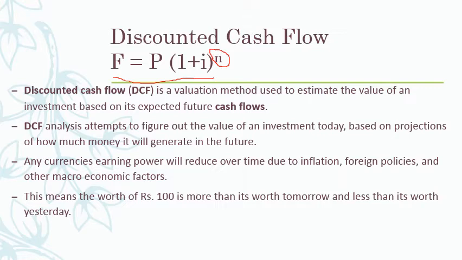If I want to calculate the present worth, then divide the future worth by this factor. That's all. So this is how a discounted cash flow and a future worth of the cash flow are calculated. F is also termed as the accumulated sum. If you want to have the accumulated sum, multiply the present worth by this factor. If you want to have a discounted amount, then divide F by this factor. So this is how discounted cash flow calculations are done.